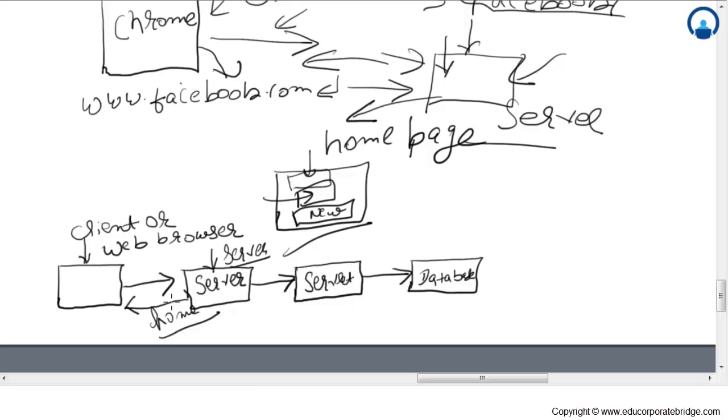And now you are on the home page, and you enter your username and you enter your password, and there's a button called login. Whenever you enter your username and password and hit this login button, again the request will go to the server,